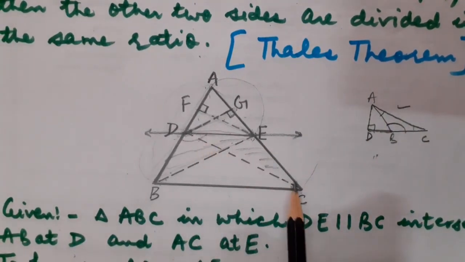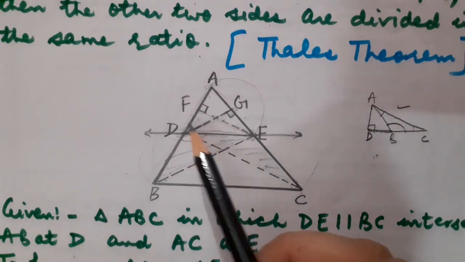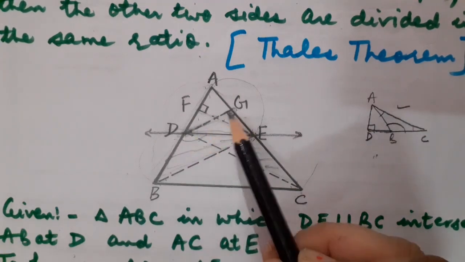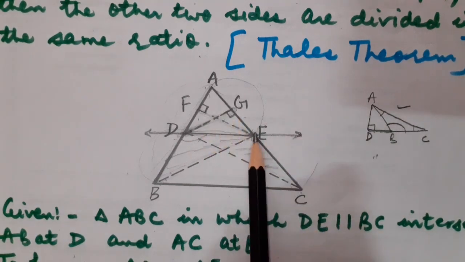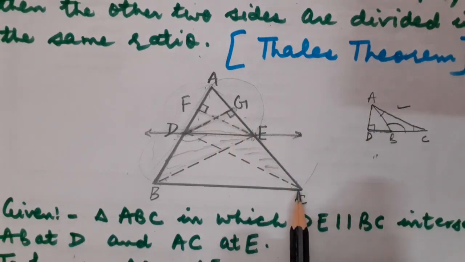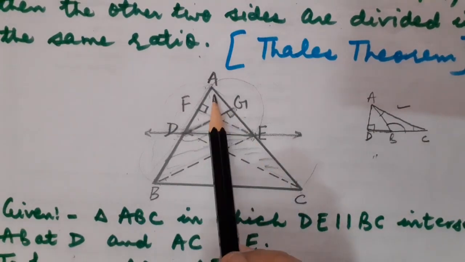This is again an obtuse angled triangle, you can see, children. So where will be the altitude? It will be outside the triangle. So again DG will be the altitude, but what would be the base? Of course EC will be the base, because this is the altitude drawn on EC on the extended part.